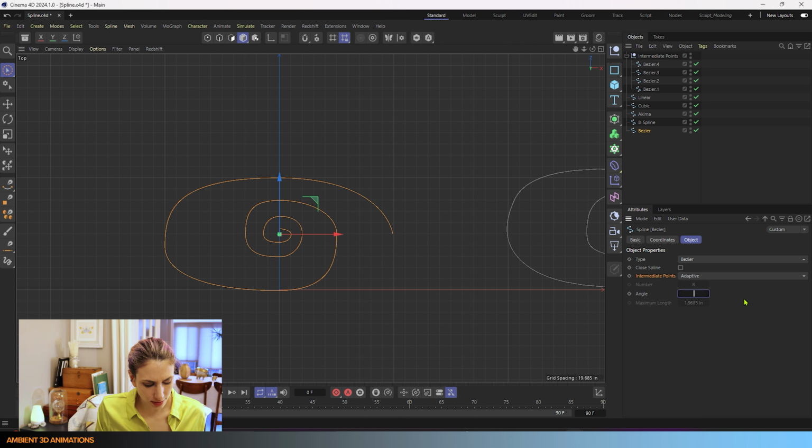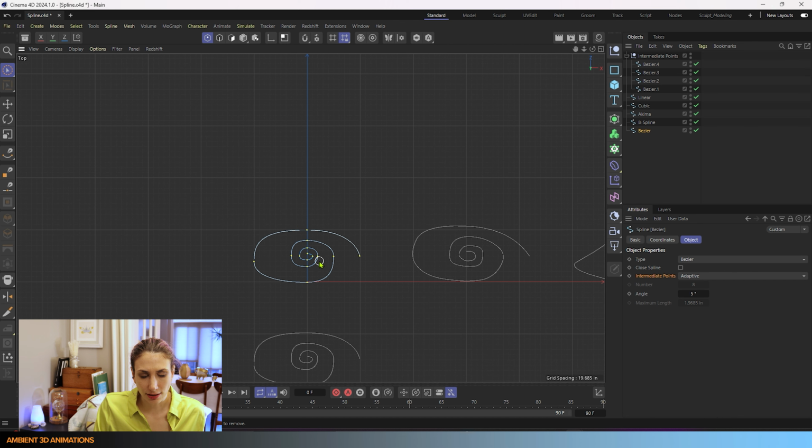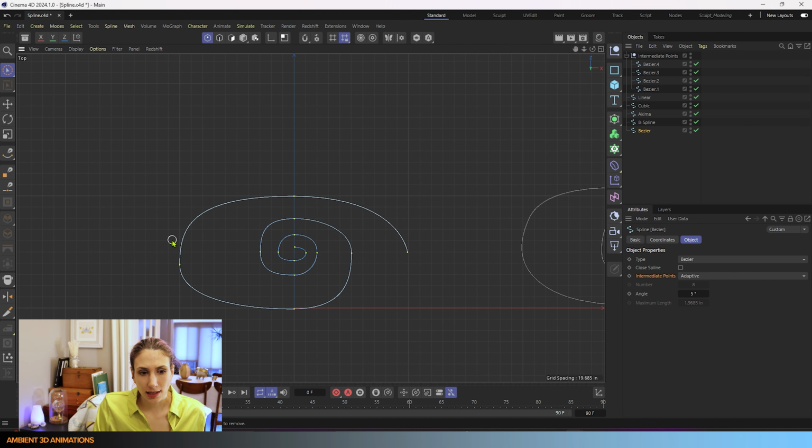The default angle is usually about 5, and you can adjust this. What the adaptive spline does is, in between your main points that you drew, that you can see here are yellow, it puts the most points by the points of curvature along the spline. And it calculates that by this angle here.